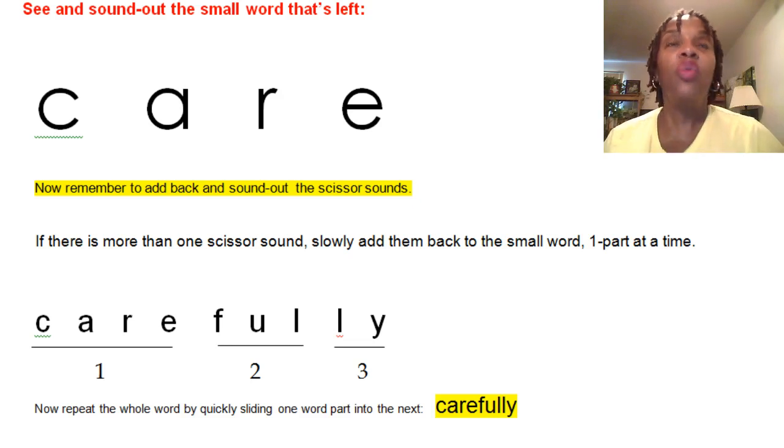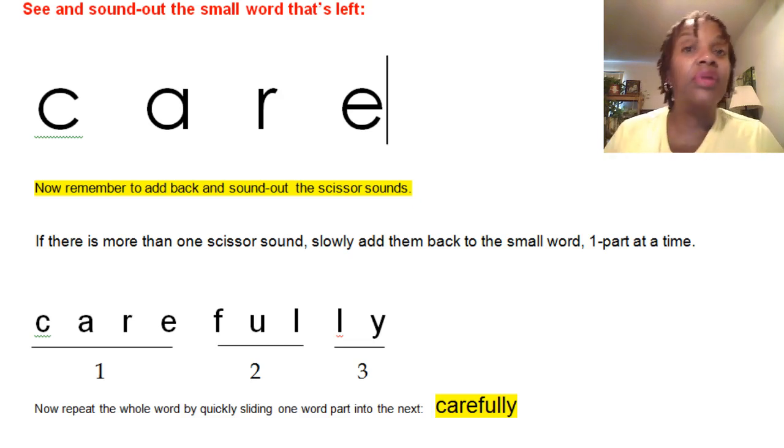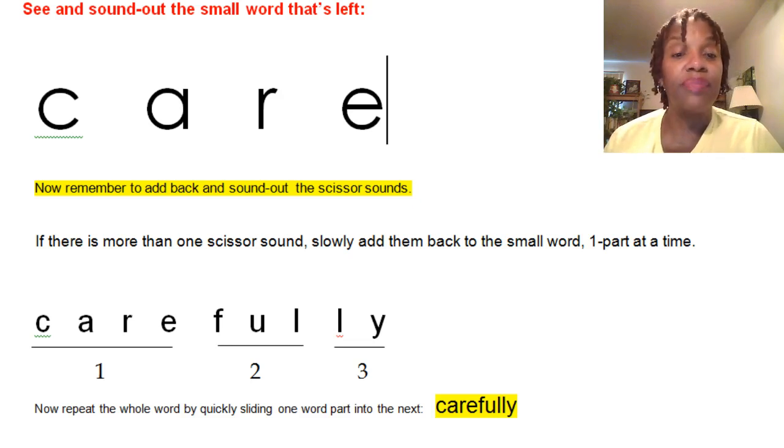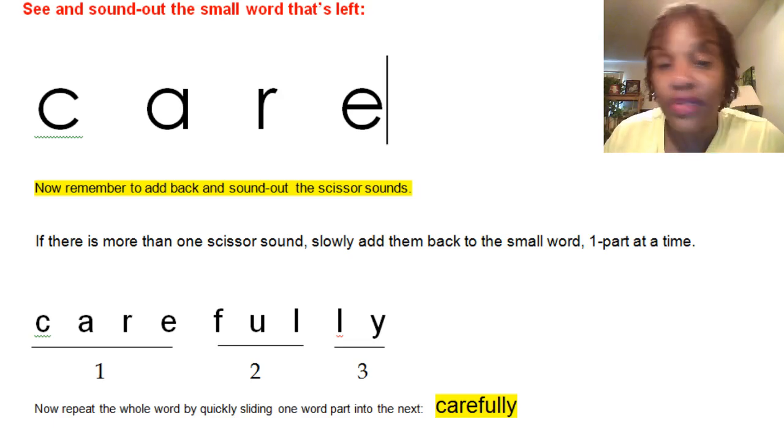So carefully, what is care? If you're careful, if you care about something, what does that mean? That you treat it really special, or you treat it really delicately, right? You're not rough with it. You're really mindful of how you handle something. So if you handle something carefully, you're really particular, right? You make sure that you're gentle with it. Carefully. All right,